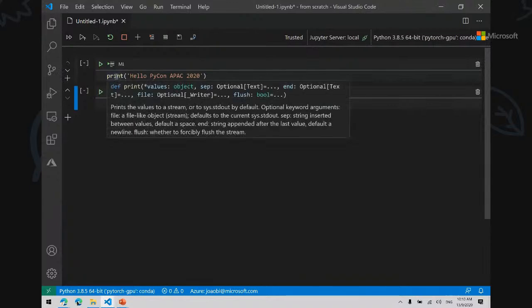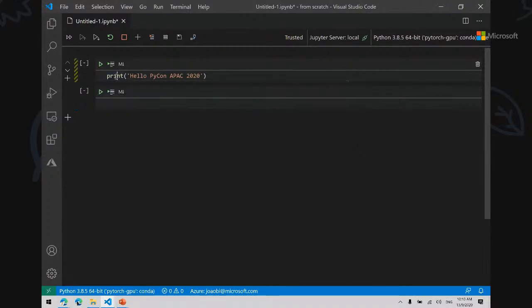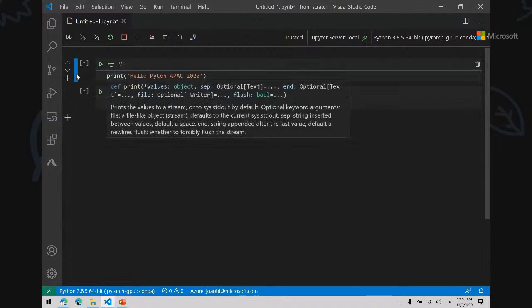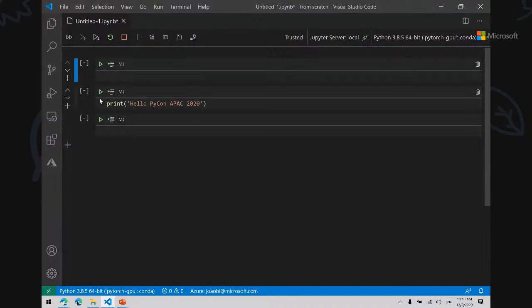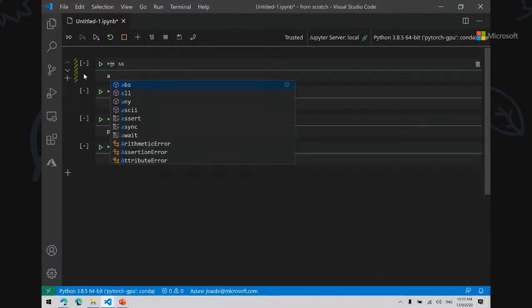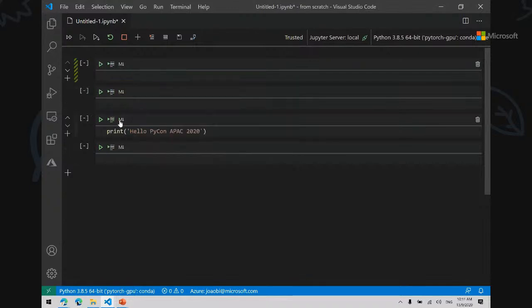One thing I'd like to tell is that there are two modes to the Jupyter Notebook experience. On one hand, you can edit, and you'll see that this little bar here is green. But if you click here, or if you press escape when you're typing, it will go into this command mode. In command mode, you can use the keys, letters, to add things like, for instance, add a cell below, add a cell above, and so on. You can use the command to add cells below or above the current cell that you have.